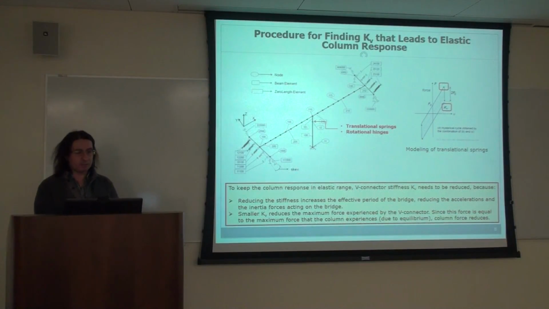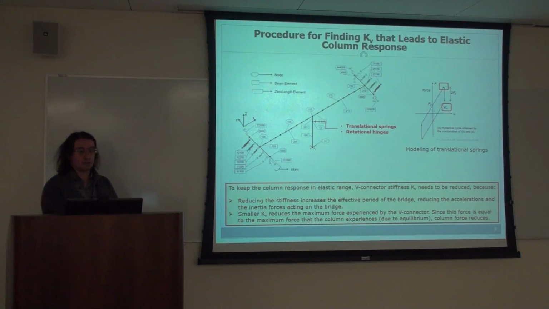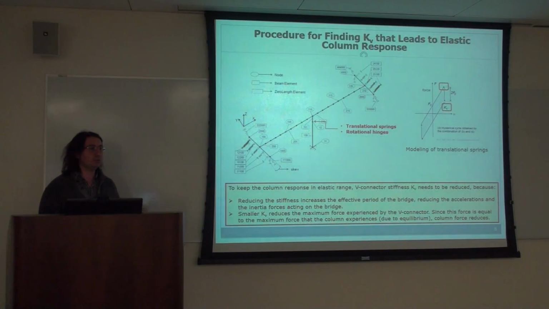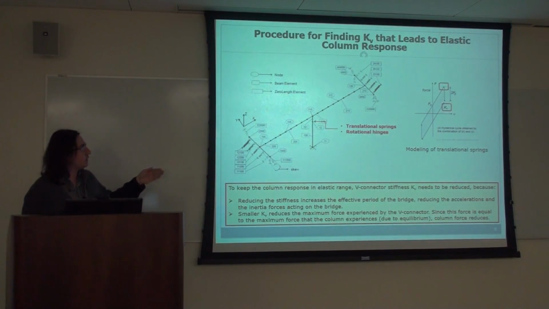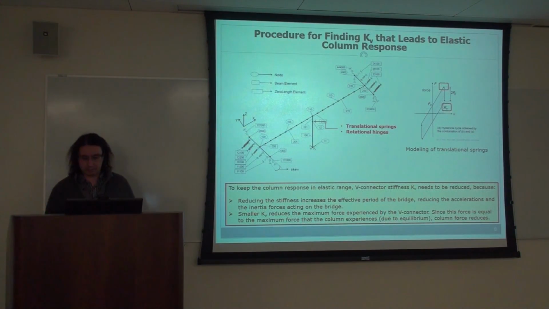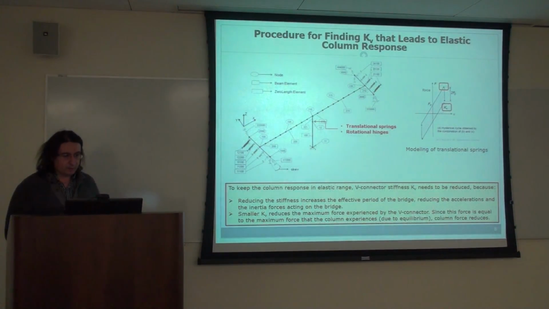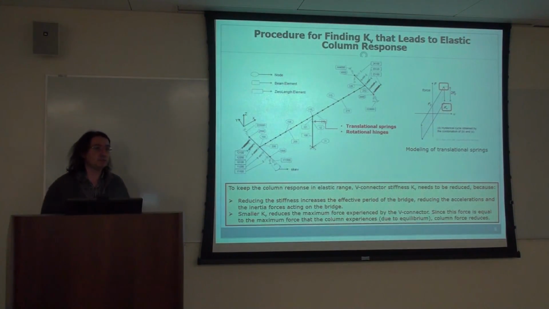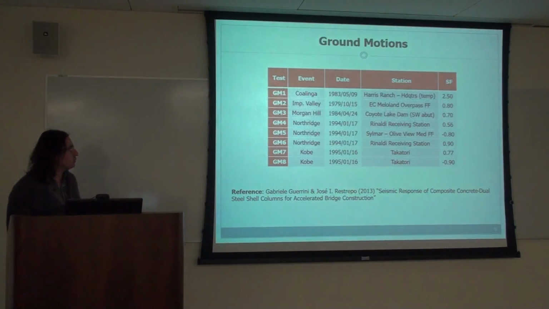And the second reason is when you have a smaller kV, the maximum force that the V connector experiences gets reduced, right? And since there is equilibrium between the V connector and the column top, the force that the column experiences gets reduced also. And to make sure about elastic column response, we did some analysis using some ground motions,